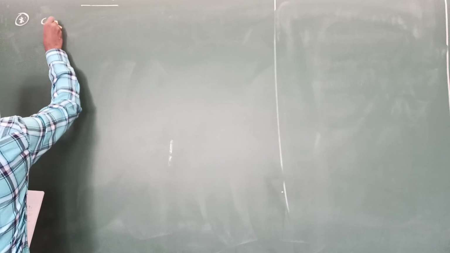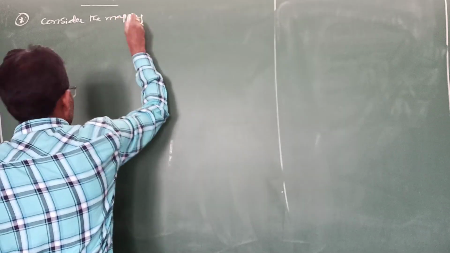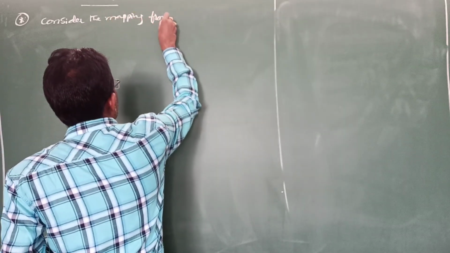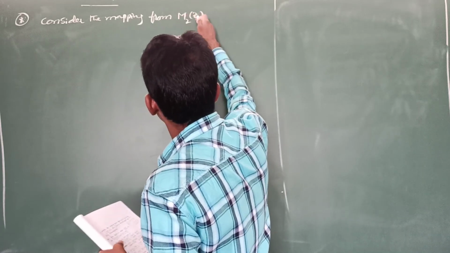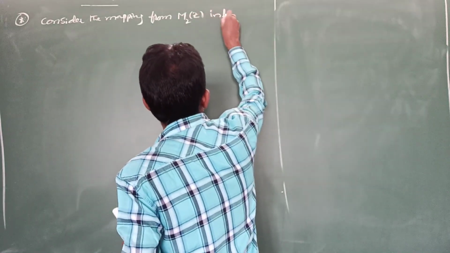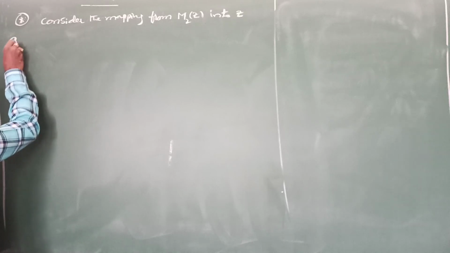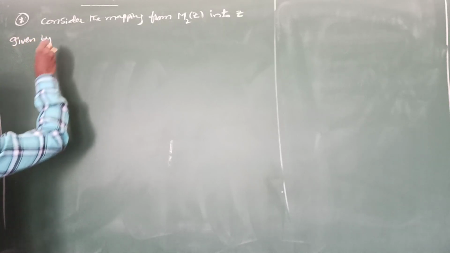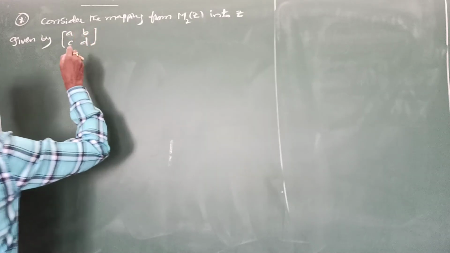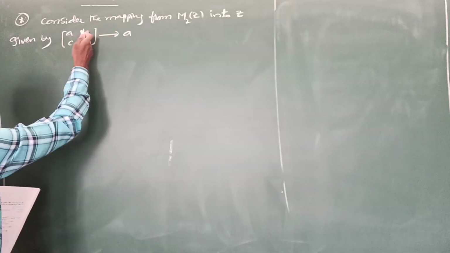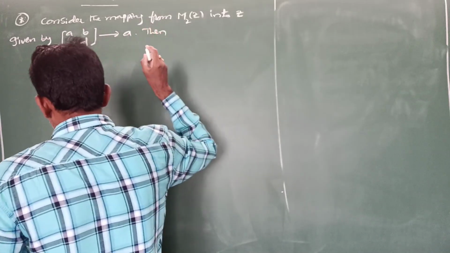Consider the mapping from M2 of Z into Z. M2 of Z means the set of all 2 by 2 matrices whose entries are integers, given by matrix a, b, c, d mapping to a. Here, definition 1: the matrix a, b, c, d is mapping to the first element a. Then prove or disprove